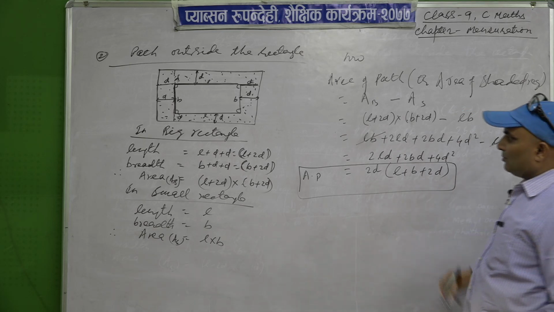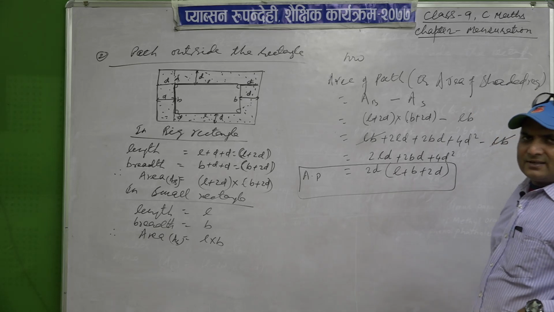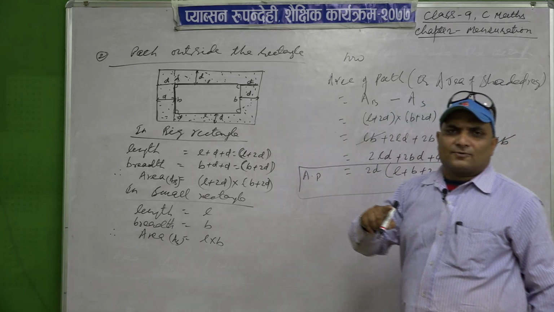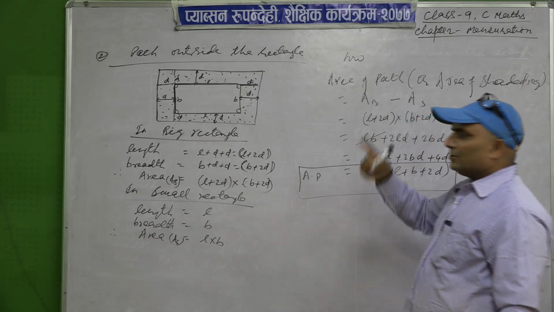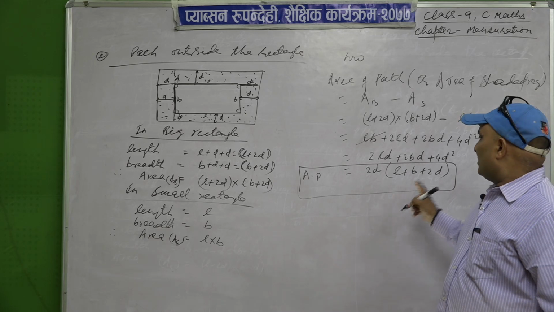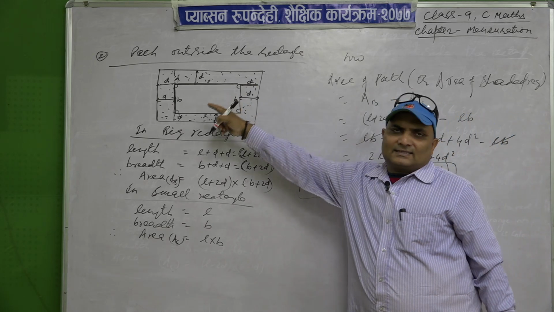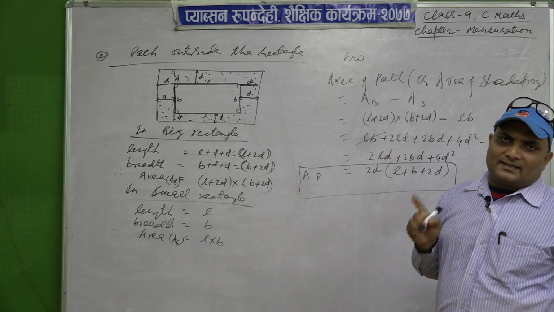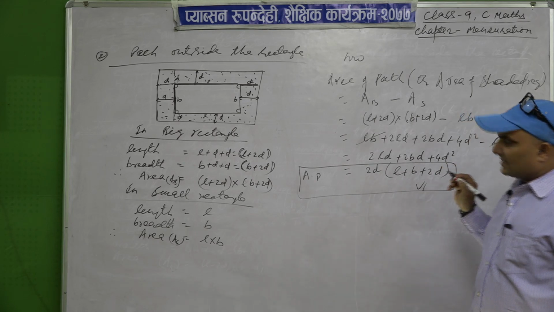So this is the direct formula. We don't need this much working. When a question is given, understand the condition, whether it is inside the rectangle or outside the rectangle, then use the formula accordingly. So this is the direct formula to find the area of the shaded region or area of the path when the values outside the rectangle are given. Okay, good. Thank you very much for this condition.